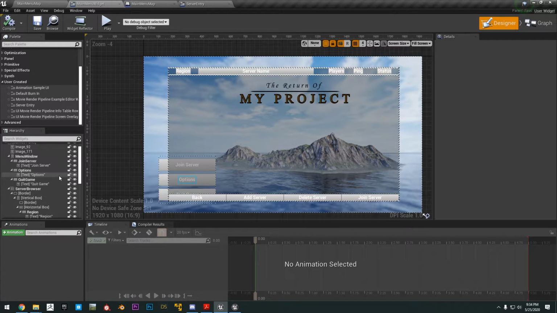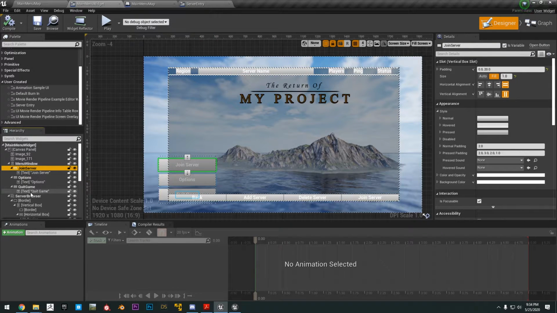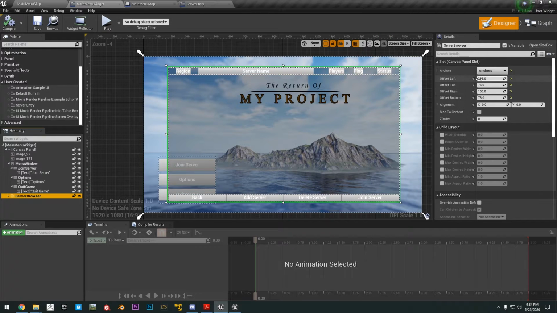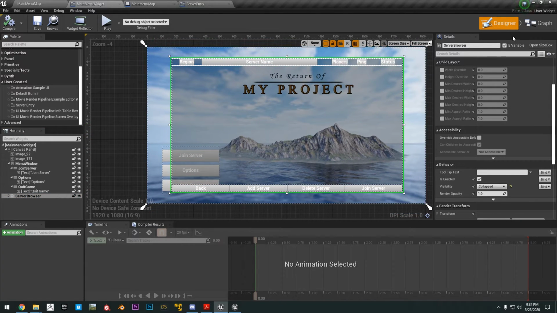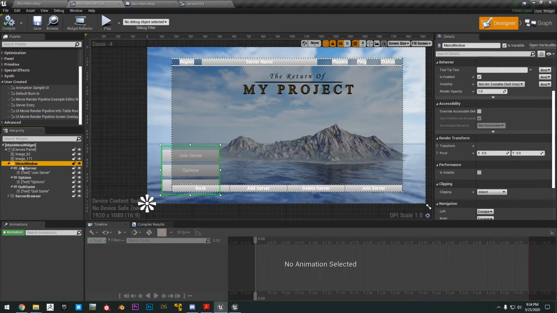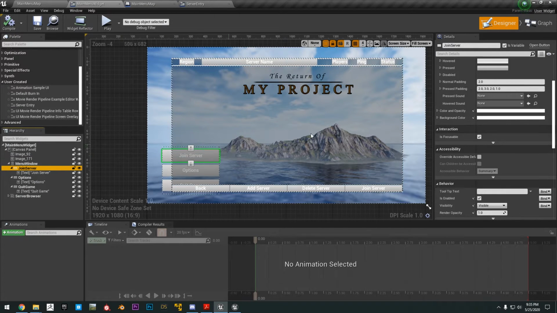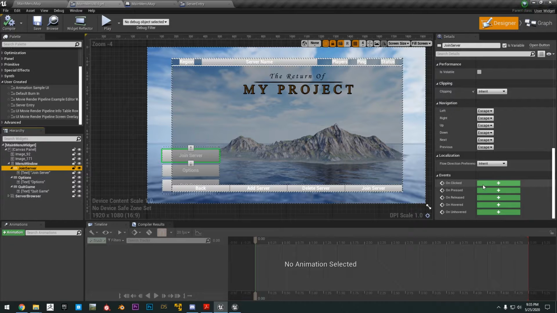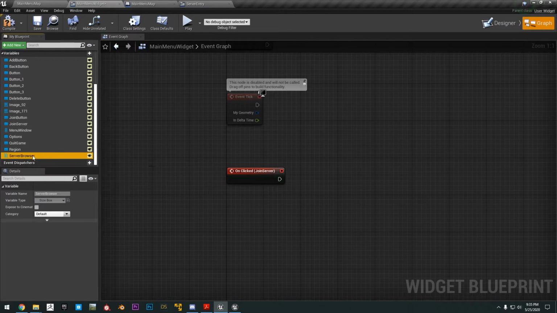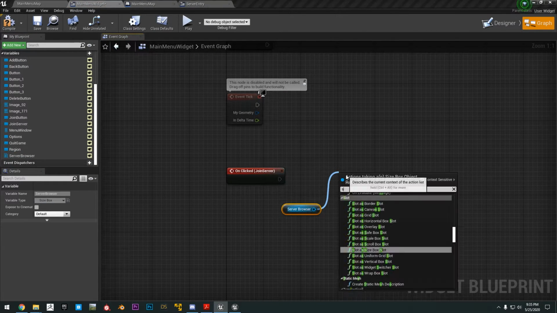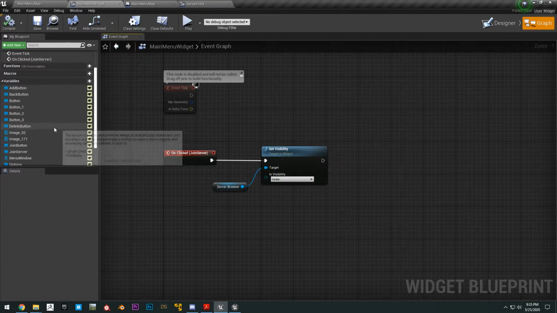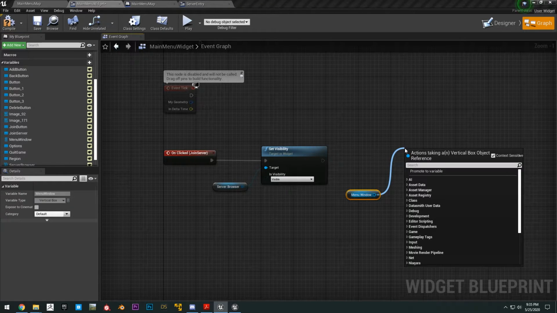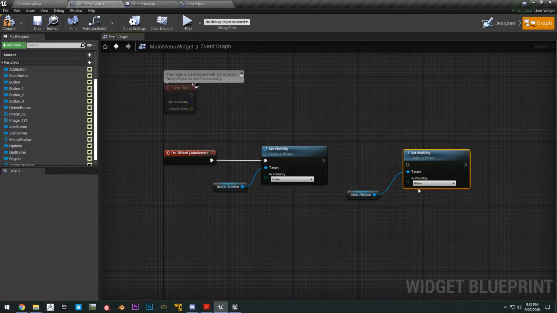Alright, so first things first, we can go ahead and click on our server browser right here and set our server browser to collapsed. Alright, and then we can go ahead and click on our menu window, expand that, click the join server, and scroll down, add event on clicked. Select our server browser here, drag that there, give server browser, set visibility to visible. And then what we want to do is set our menu visibility to hidden,